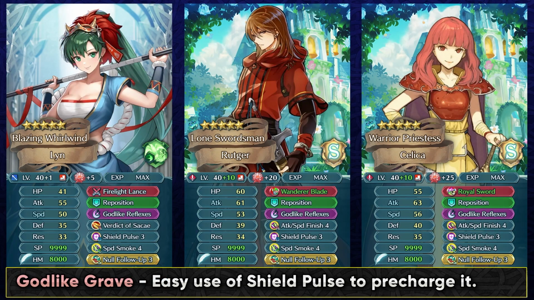And Flame Tribe Lin is missing Null Follow Up, so she could get this with her Sacred Seal. And Rudger is definitely one of the better free-to-play users of Godlike Reflexes, so because of having Null Follow Up in a Sacred Seal, Shield Pulse becomes a lot easier to run, and a lot of units do prefer having